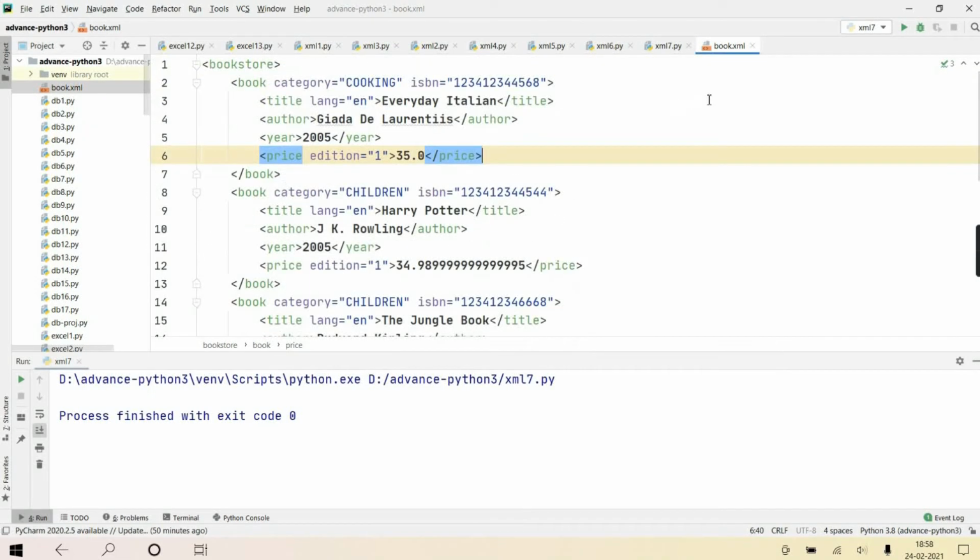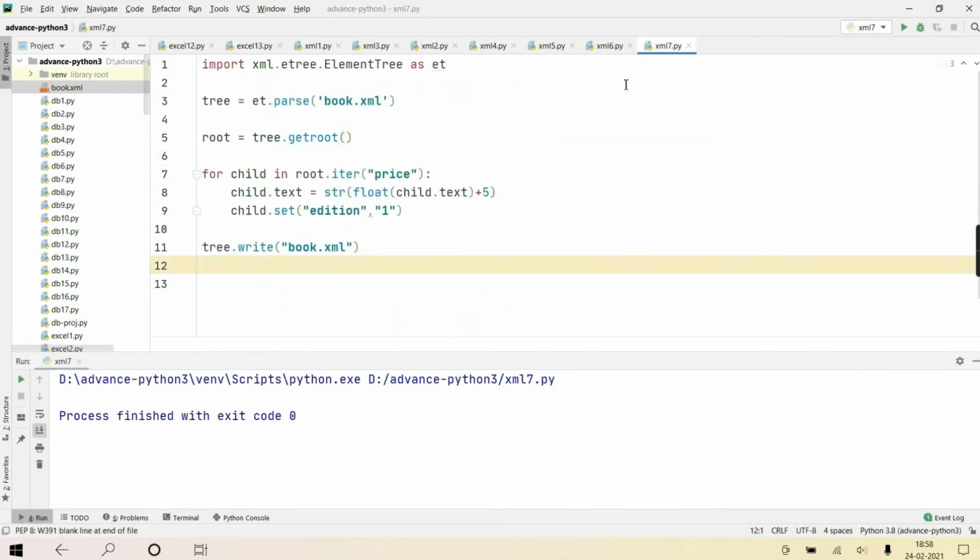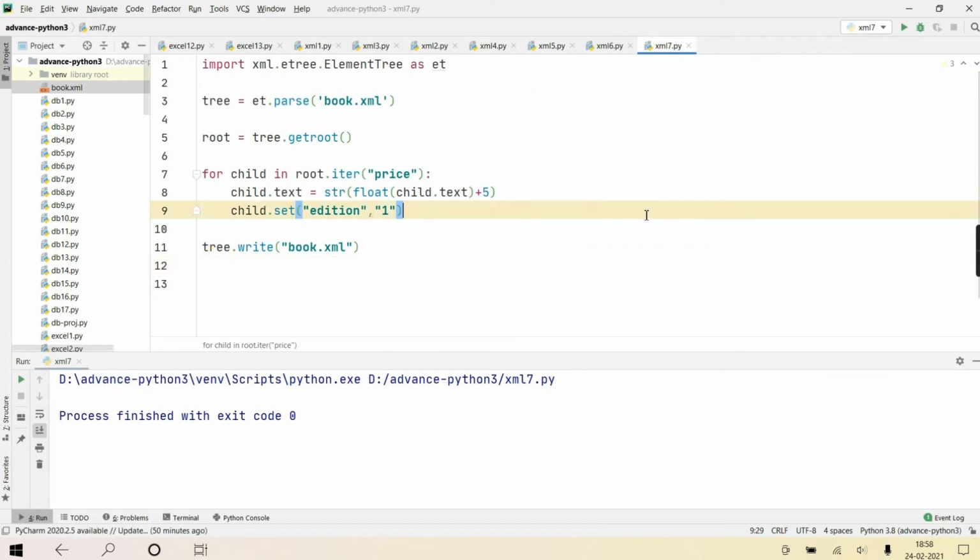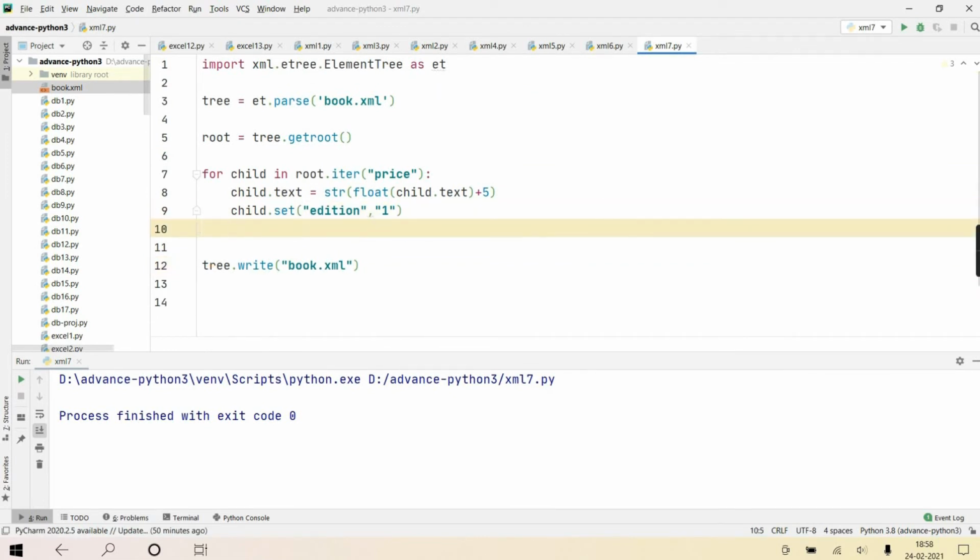So what change will you make in this code? Can anyone tell me? Here only some modifications. I showed you also. I'm expecting it from you guys. First you'll create an element.